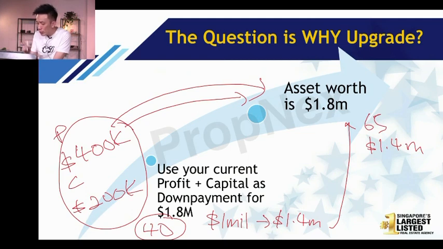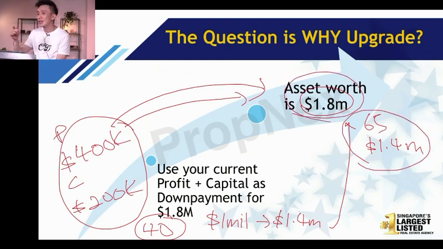But if you sell this property and you own a $1.8 million one, you and I know one thing. We take a loan until the age of 65. Eventually, whether you sell or don't sell, whether got profit or not, your asset net worth is going to be fully paid and the net worth will be 1.8 million versus 1.4 million. I want to ask every one of you here. If by right you can own a 1.8 million, but you choose to be comfortable and own a 1.4 million, but eventually both are fully paid up, how many of you want to own the 1.8 and how many of you want to own the 1.4?